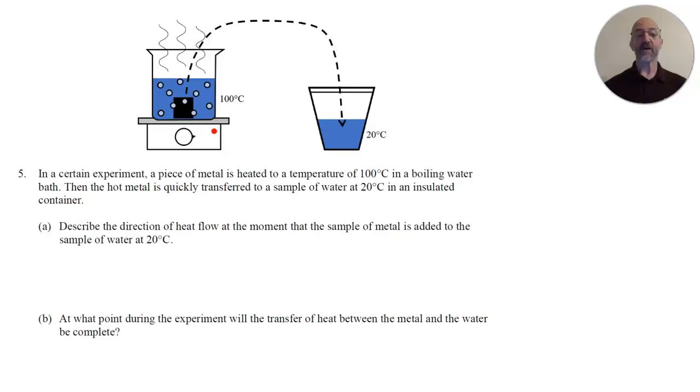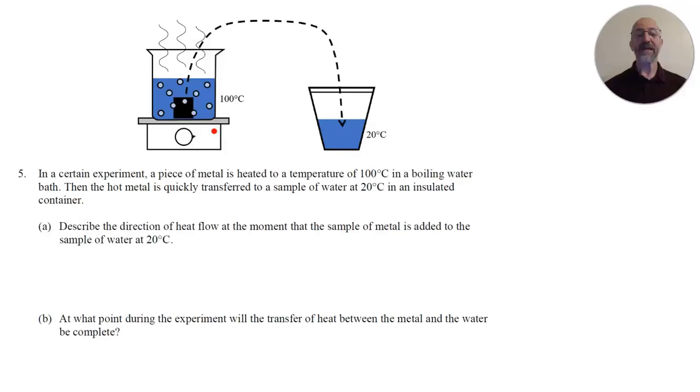And then the hot metal is quickly transferred to a sample of water at 20 degrees Celsius in an insulated container or a calorimeter. And so what was asked in this question from my video for topic 6.3 is to describe the direction of the heat flow at the moment that the sample of metal is added to the sample